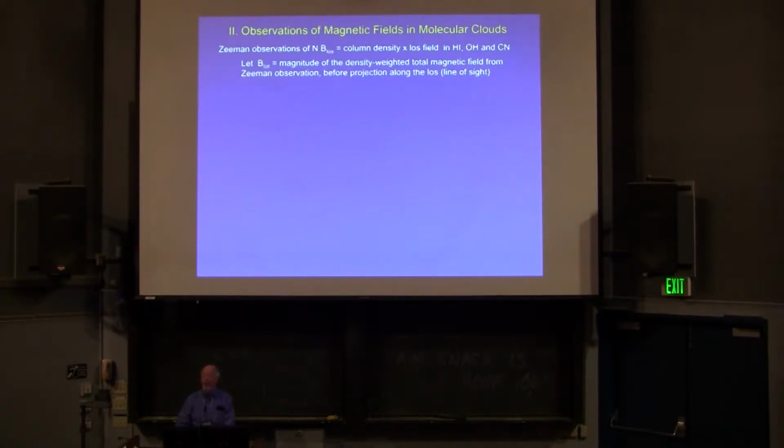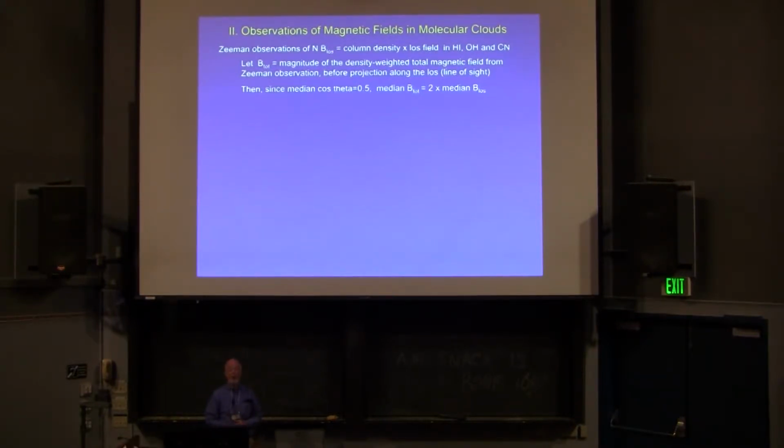What the Zeeman observations do is that Zeeman discovered that you get a splitting of lines if you have an atom or molecule in a magnetic field if there's an unpaired electron. And there are a few species. Fortunately, atomic hydrogen is one of them. It just has one electron. And there are a couple others we'll talk about where you can have this. And then you go ahead and you measure this splitting, and the result that the radio astronomer gets is they find the product of the column density and the magnetic field along the line of sight, which I abbreviate as just LOS. Then we want to define what is the total magnetic field.